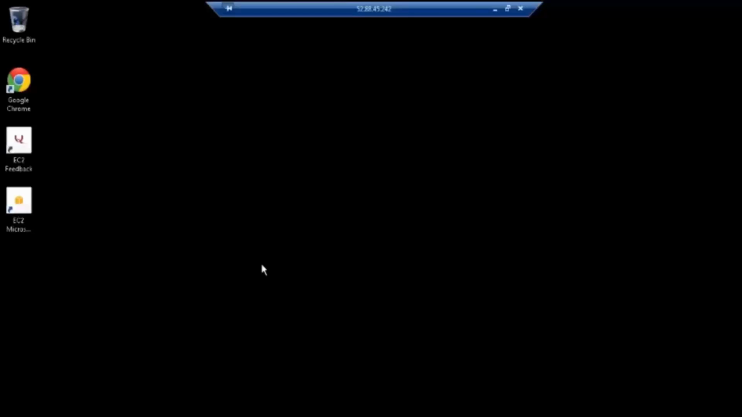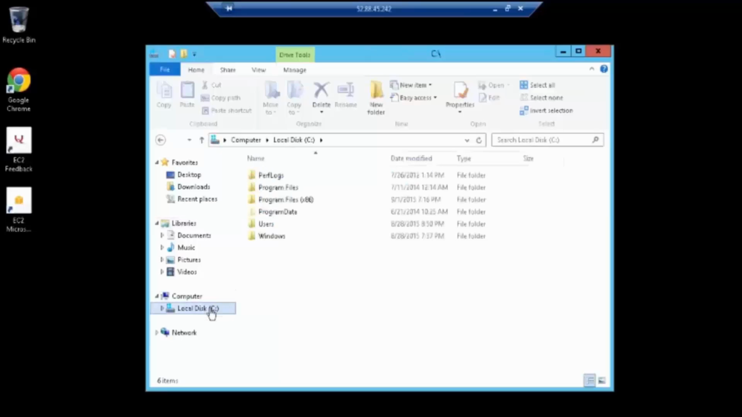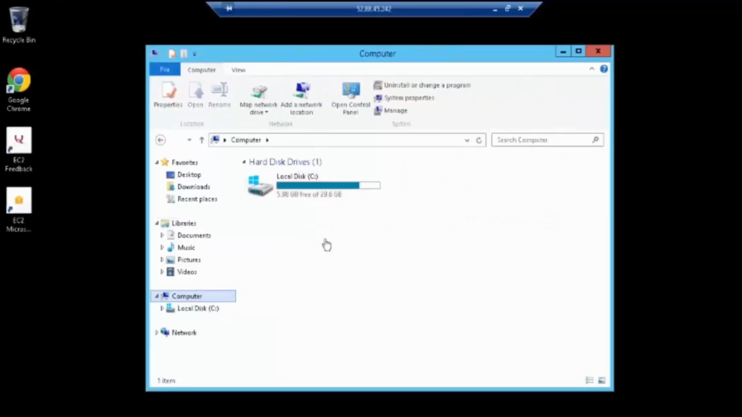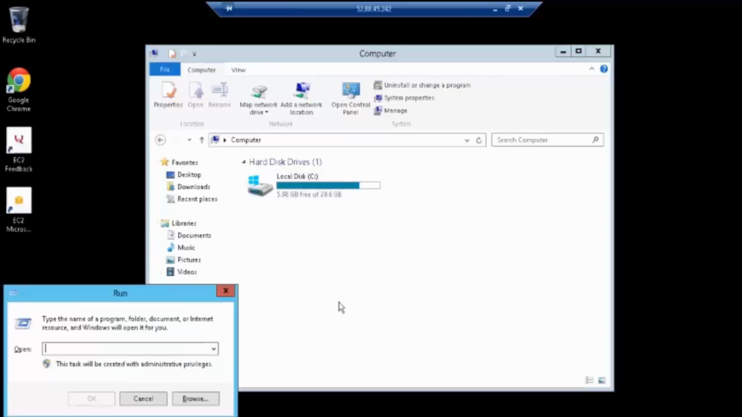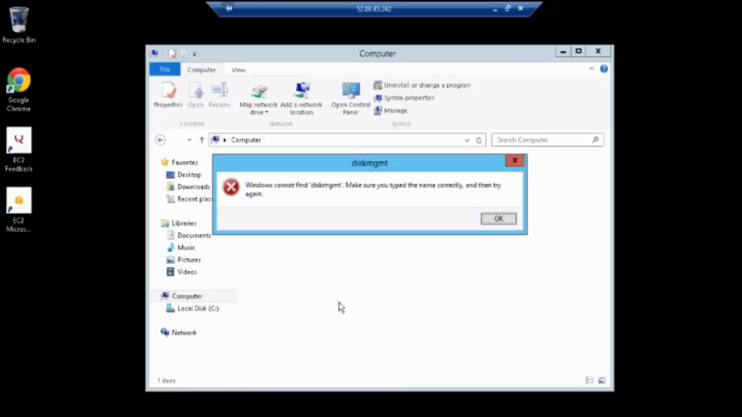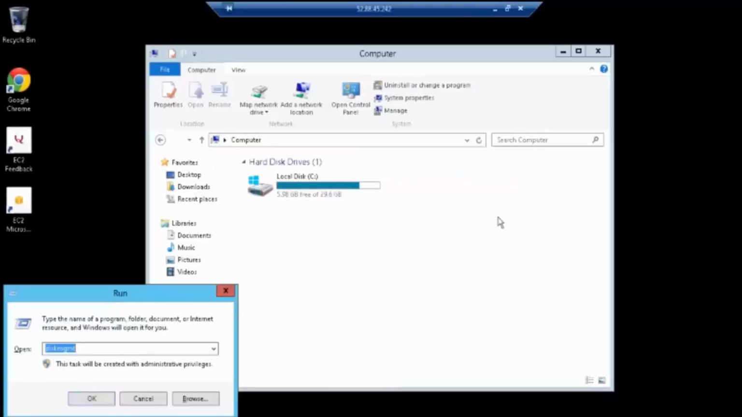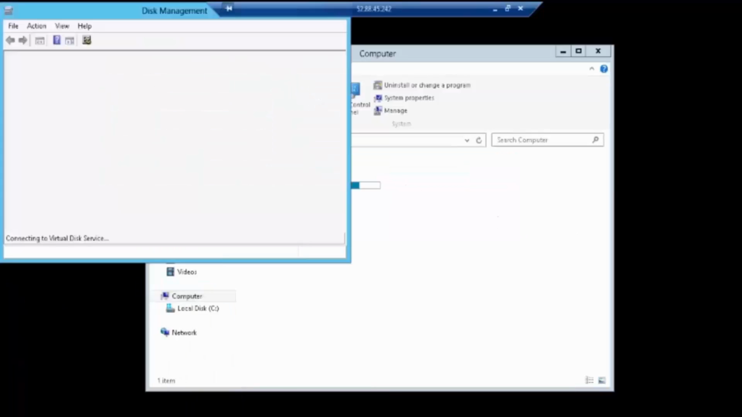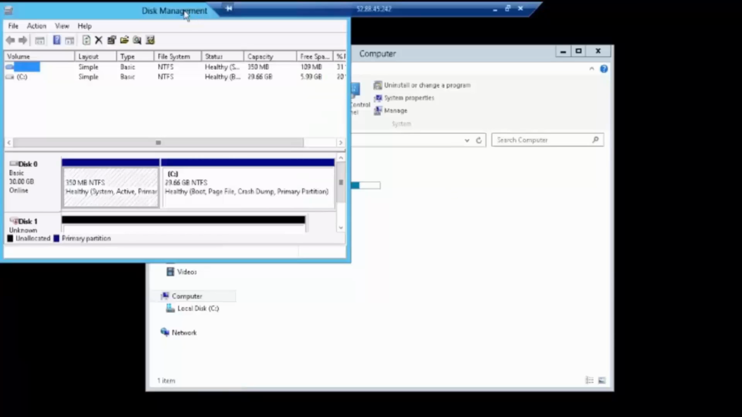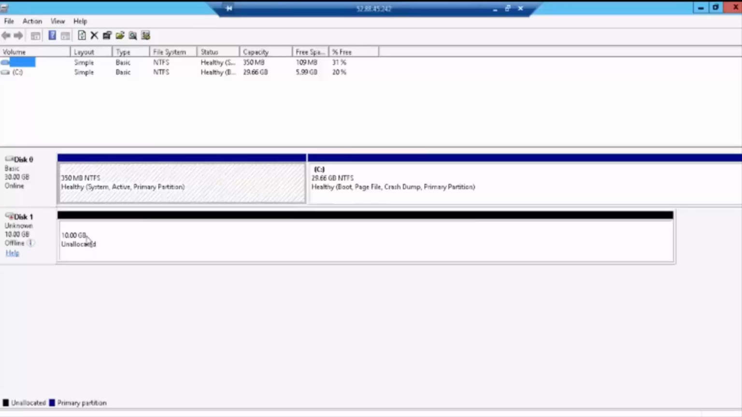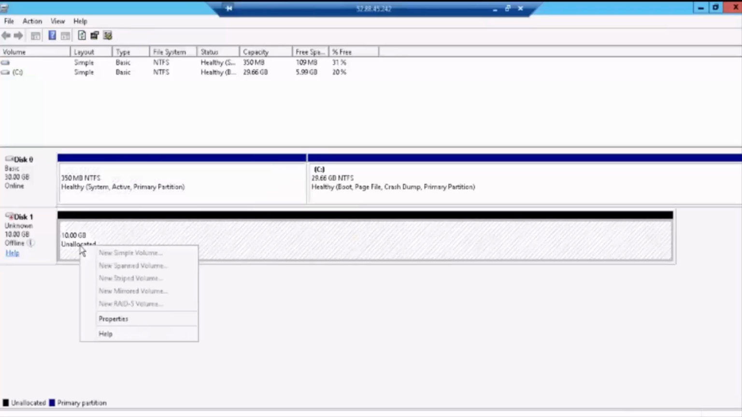and see, it won't show here right now in the My Computer section because we need to add this storage. I'm writing the right command, diskmgmt.msc. Okay, here you can see that the 10 GB volume is available right now. That 10 GB volume is attached, and it is unallocated,